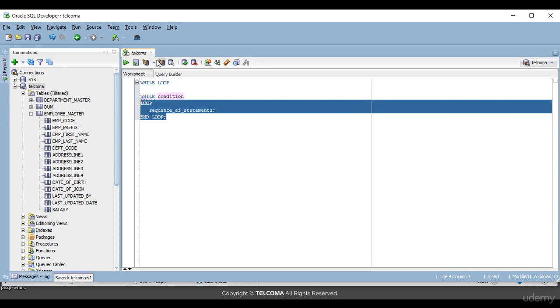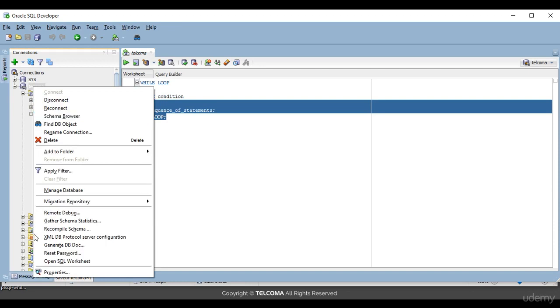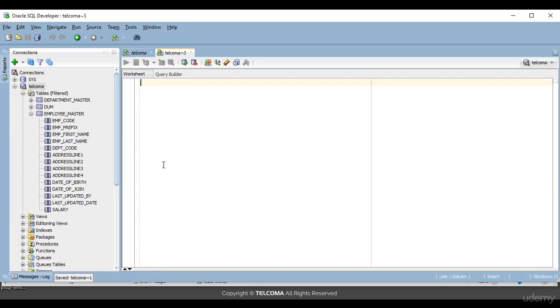So we'll write one basic loop using the while loop, and we'll learn how it's working. So declare a number which is a variable. So number, then begin, then the while loop. So while v num is less than 10, then loop